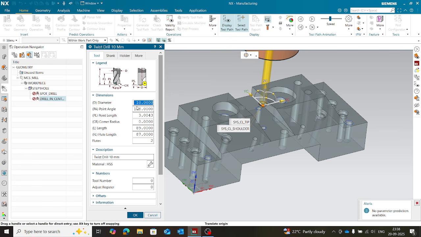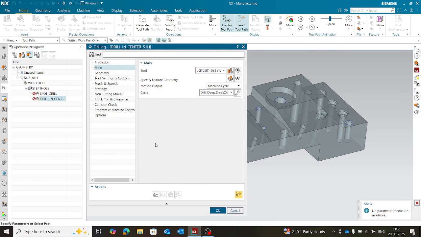If you would like to go for 9.8, you need to change it from here, then give feed and speed and generate. Why has it not generated? Because we have not specified any feed and speed for this particular operation, and we have also not mentioned the material condition. These feed and speed parameters depend on the part, material, which type of cutter you are using, and the spindle load. So you can come here, change the tool, and along with that, if you want to change some parameters of feed and speed, or anything else, you can change it